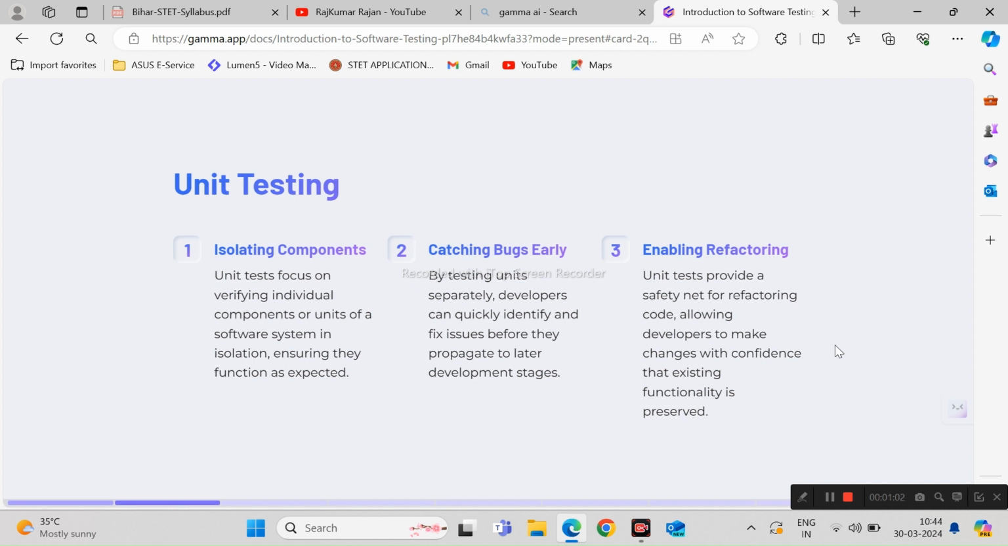as expected. The second one is catching bugs early. By testing units separately, developers can quickly identify and fix issues before they can propagate to the later development stages. The third one is enabling refactoring. Unit tests provide a safety net for refactoring code, allowing developers to make changes with the confidence that existing functionality